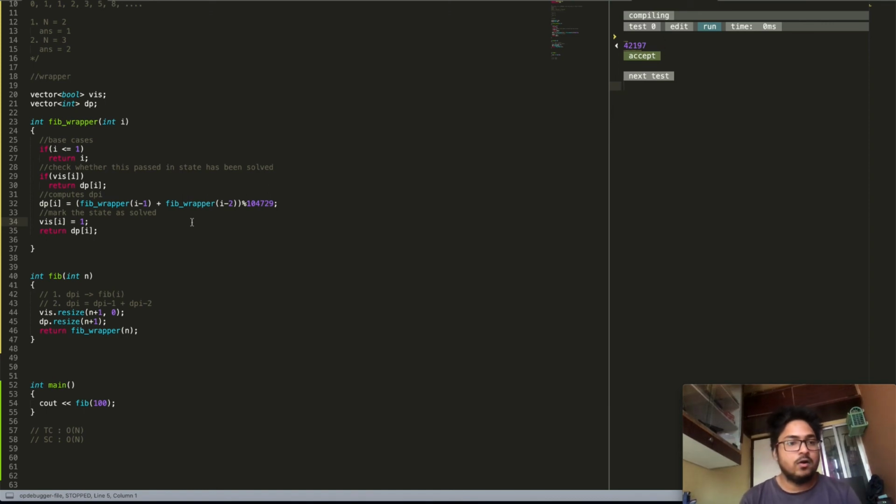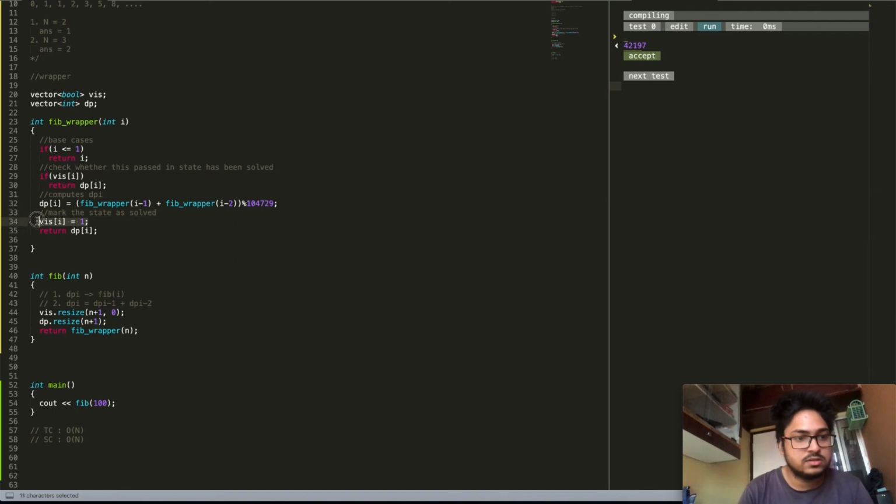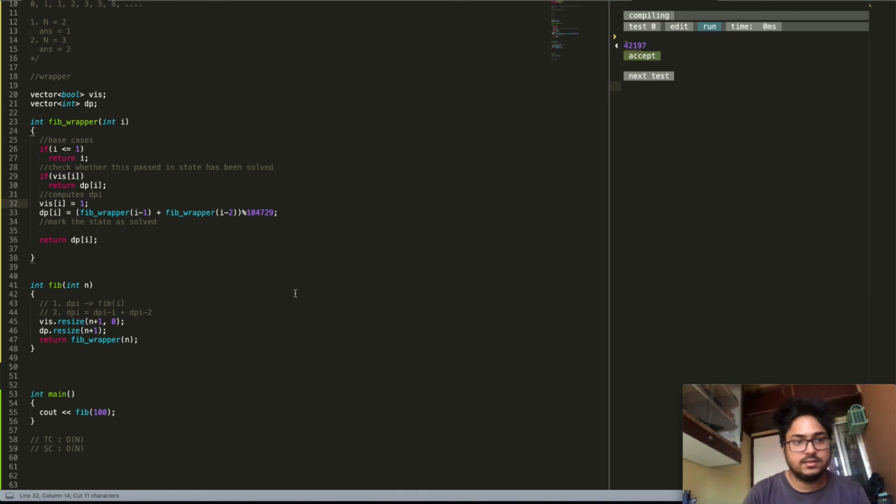So now another thing to notice is, what if you interchange line number 34 and line number 32? Will it actually impact your end answer over here? What if you put this line number 34 before line number 32 like this? So basically, this is not going to impact your end answer. And I'm going to leave this as an exercise to you guys again, all right. So if you notice, you will get the same answer, and this is something which I'm going to leave as an exercise for you guys to understand why this is happening, all right.